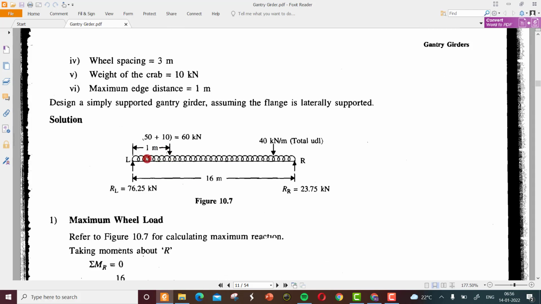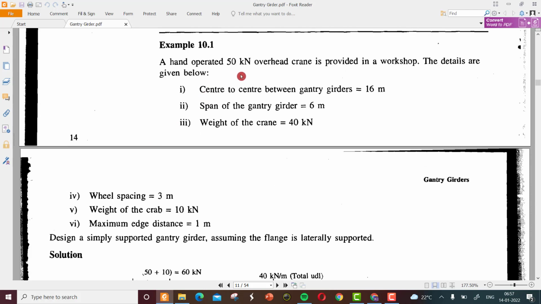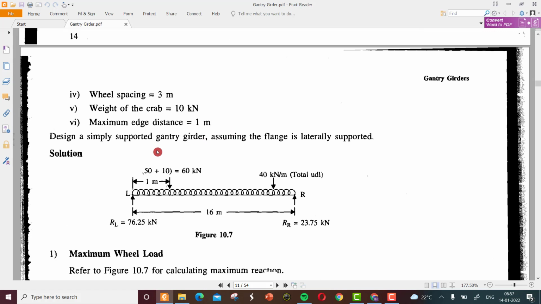By representing the loads on a gantry girder LR, there is an edge distance 1 meter on both sides, and this is the self weight, and the overhead crane weight plus the crab weight is 50 plus 10, 60 kilonewton,